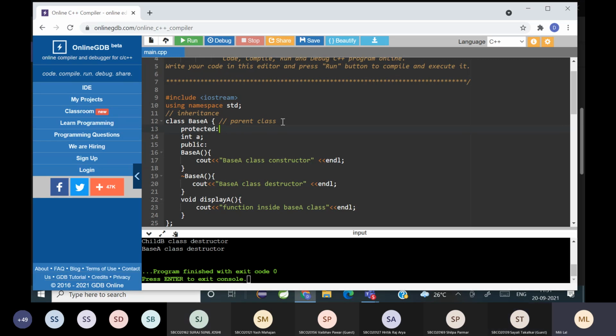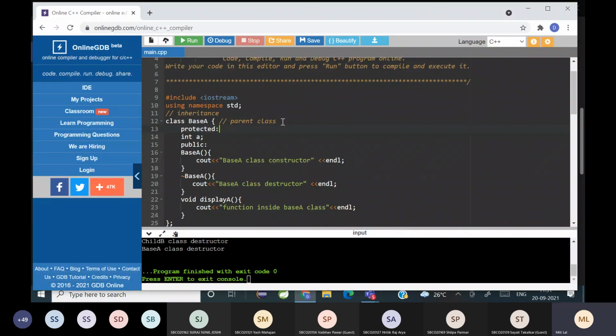Private. Please remember that. If you want your child class to access all the members of the parent class, in that case, you have to make them protected or public.